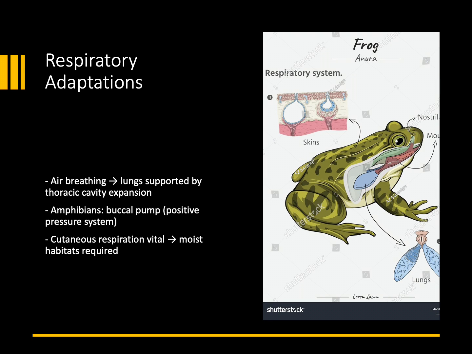This slide is covering respiratory adaptations. So we have a picture over here showing the carbon dioxide and oxygen exchange for a little frog. And it's showing the air breathing results in lungs supported by thoracic cavity expansion. It says respiratory adaptations were associated with shifts in skeletal and muscular structures, demonstrating the relationship of form and function